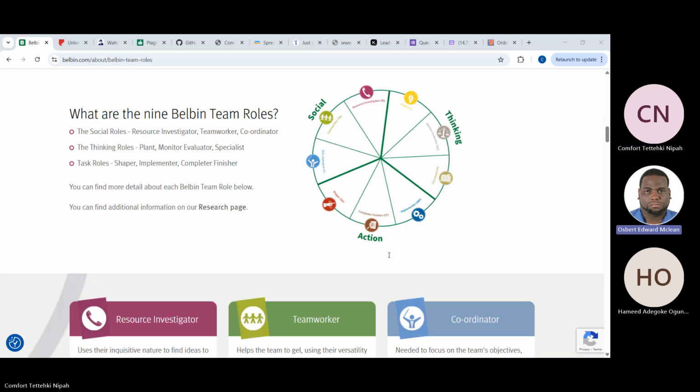And the top three roles that we came up with: the first one was shaper, the second one was team worker, and the third one was the implementer. And I was expressing that shaper persons are very energetic. They tend to be great at overcoming all obstacles that they may encounter, moving the team forward. However, one of their challenges is that this type of person may come across as very confrontational